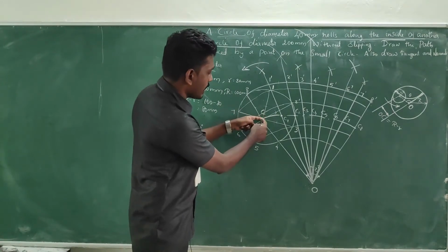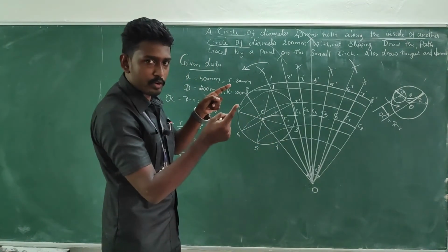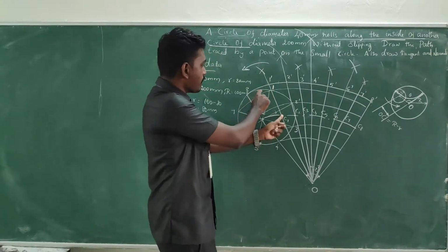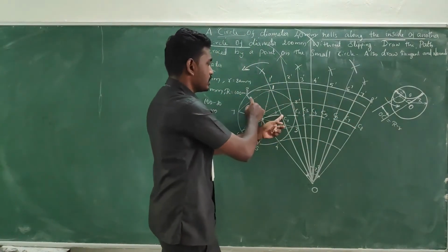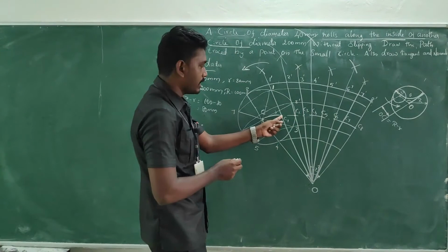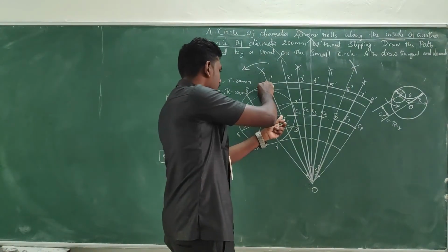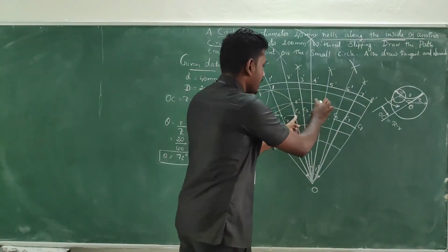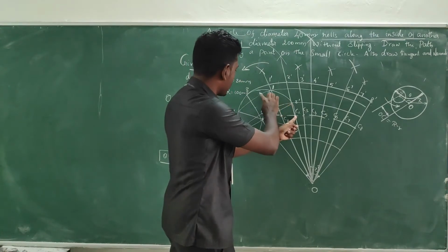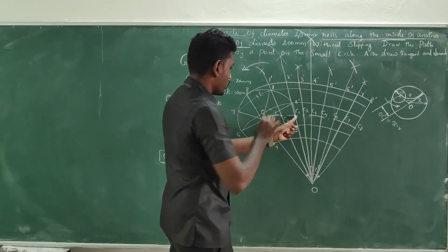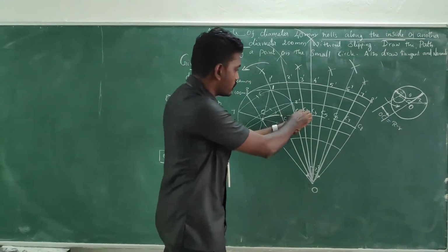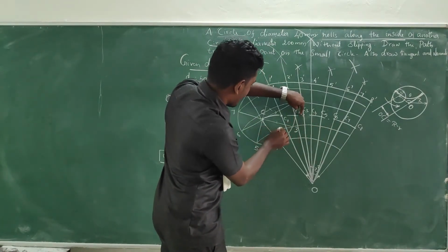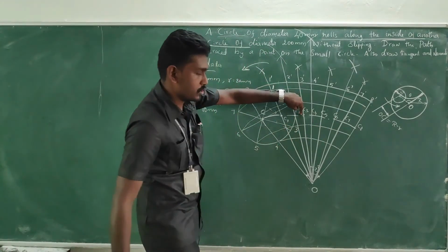So for that we measure the radius of the rolling circle, and just keep it in your compass and keep at the point C1. Keep at the point C1 and look for the first locus line. Here is the first locus line. Keep C1 as center and cut on the first line. Keep C2 as center. Cut on the second line. Here is the second line. So approximately, you could get it here, right? And keep at C3 and go for a cut mark on the third line. So here you could get it, right?